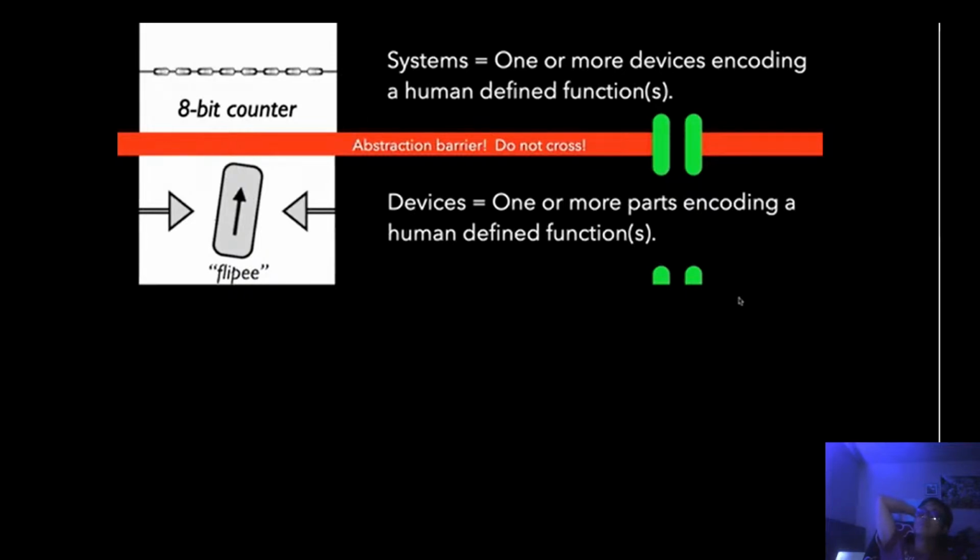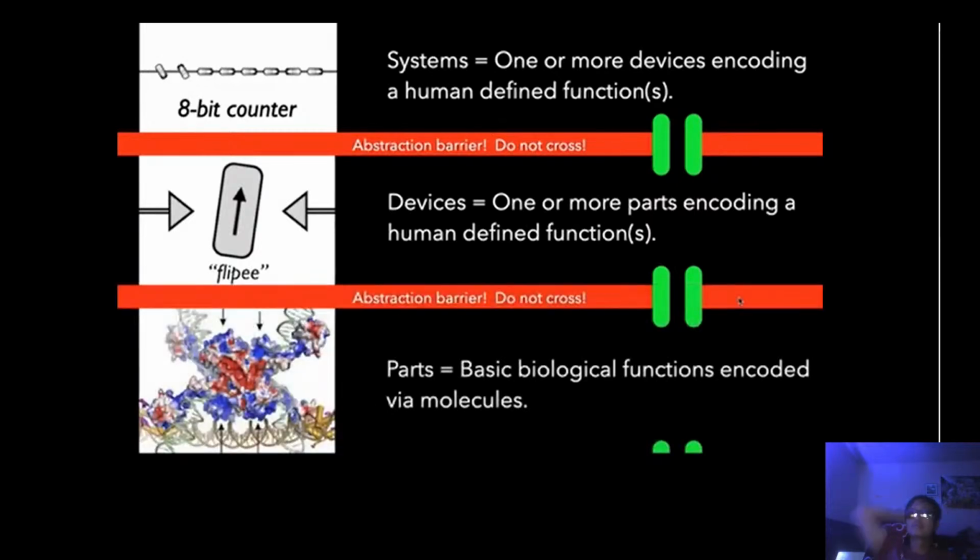Now, who's going to make the flippers, and what are those going to be made of? They're going to be made of biological molecules, the parts themselves. And so the device engineers who are making these abstracted functions are going to have to call, hello, anybody got some parts for flipping DNA? Recombinases or integrases. Suddenly I'm using a lot of bio jargon because the details are going to matter. But if the folks who understand that are organized and well instructed in terms of how to compose those functions, to give them to device engineers to bundle them up into simpler representations that do the functions, then you could give them to the people making the systems and we'd have a language, right?